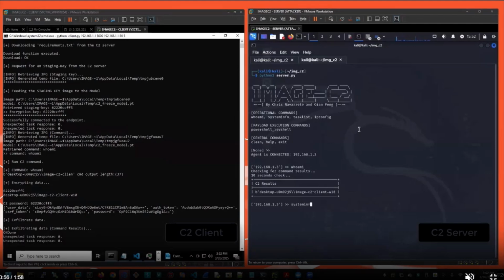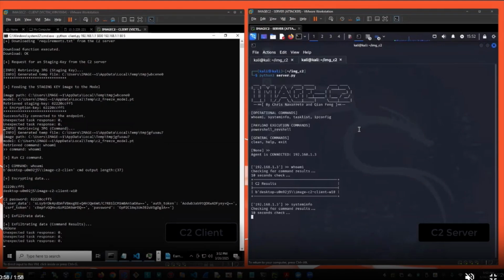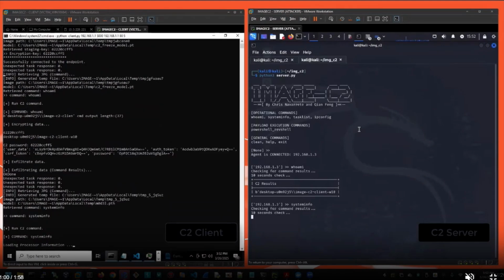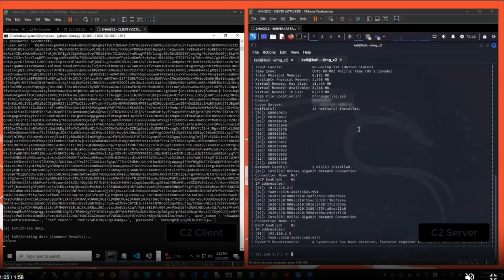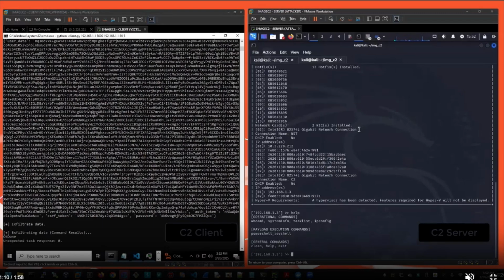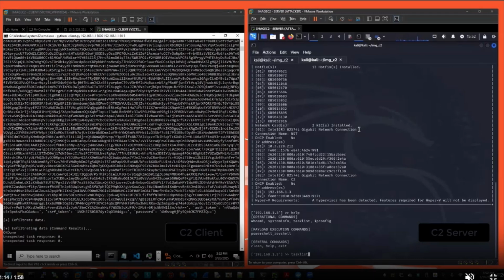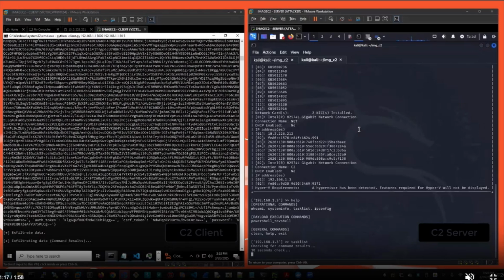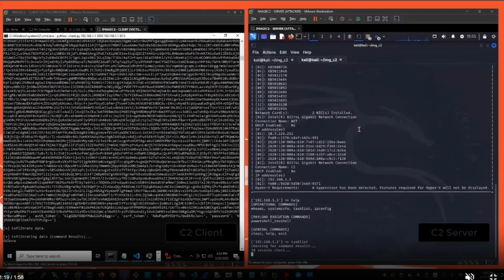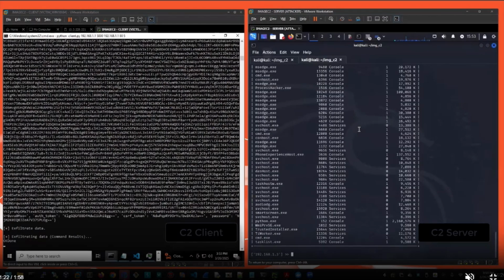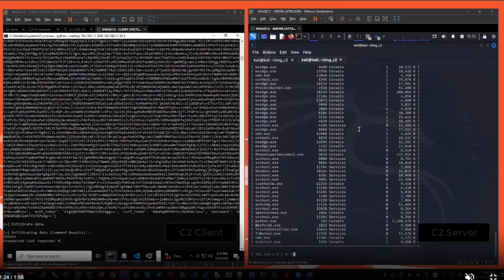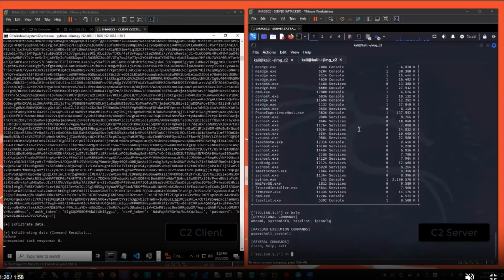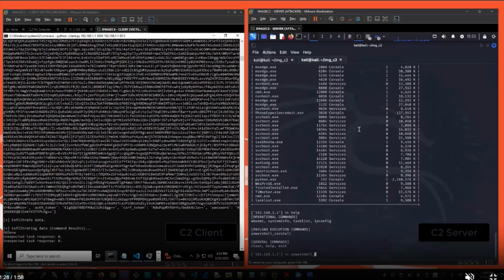It is looking for additional tasks. We are providing another command, system info, going through the same procedure, a different image, exfiltrating data. We see the result. And then we are going to see more commands, pretty much the same concept. We know what's going on here. Obviously, as expected. And then we will have an additional command. In this case, let's do something a little more fancy.